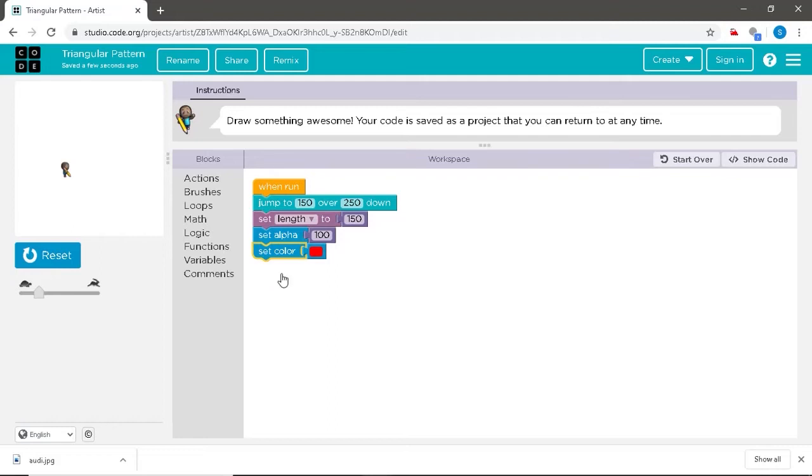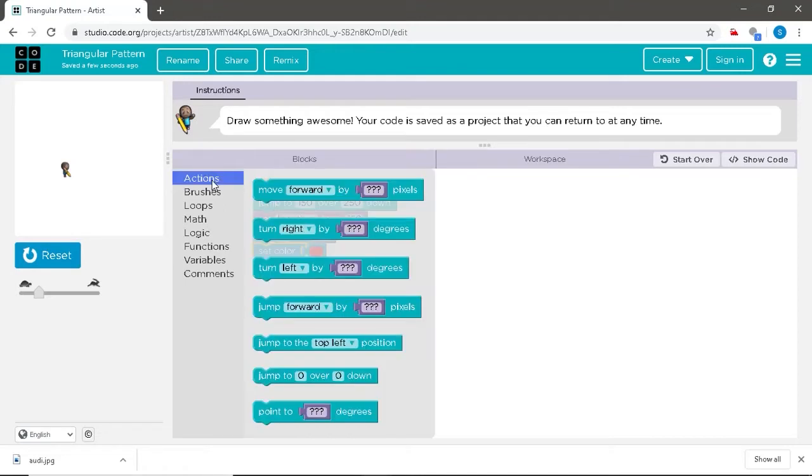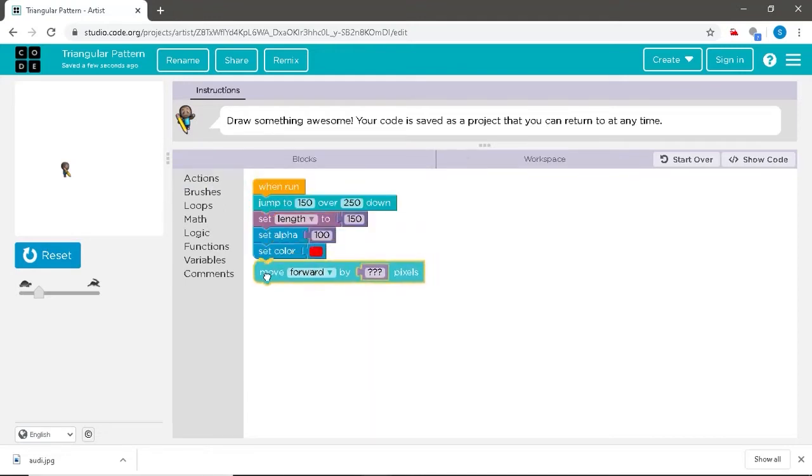Since we are creating a triangle, for drawing the first side, we have already specified the length, which is 150 units. Now, for the length to be drawn, we shall go to the action section, drag the move forward command. Now, can you tell me what the artist should be moving forward by?